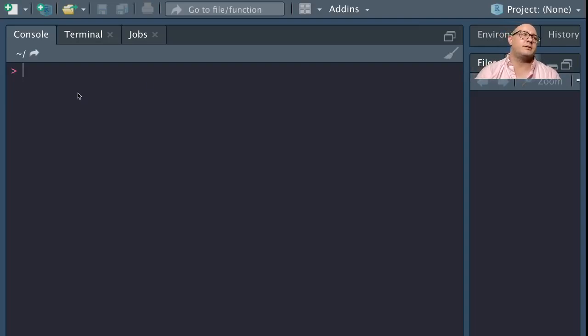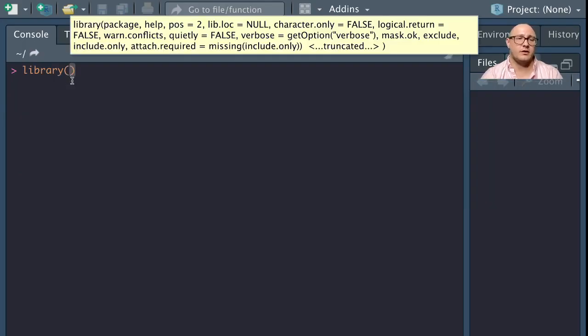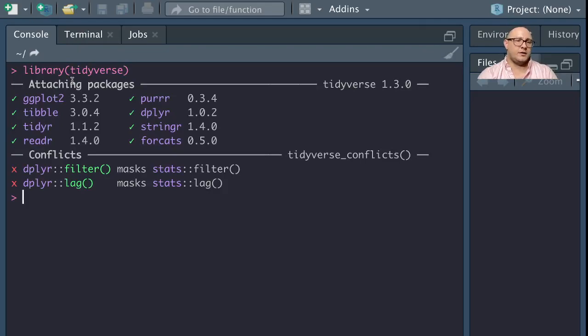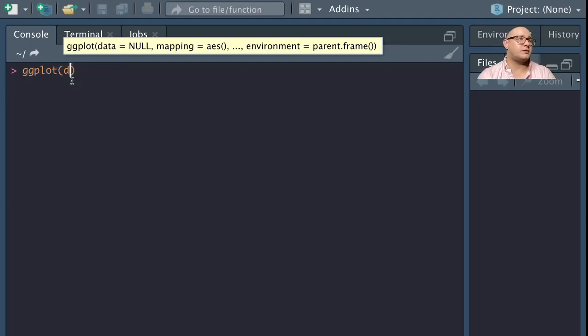Today we're going to be looking at position adjustments with ggplot2 and the tidyverse. Let's get started. So first off, let's grab the library and get our tidyverse going. And as we started out with before, we were doing some bar plots